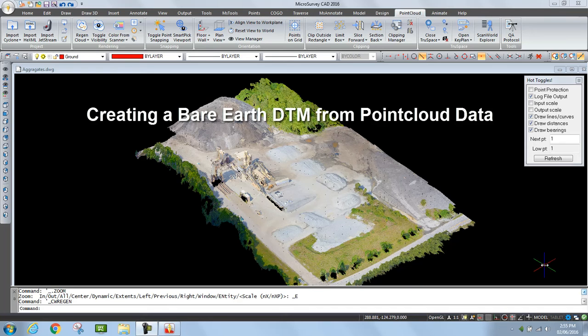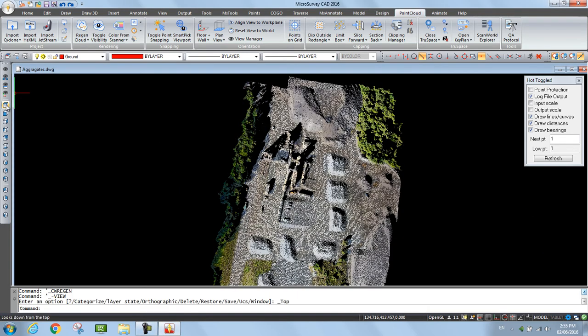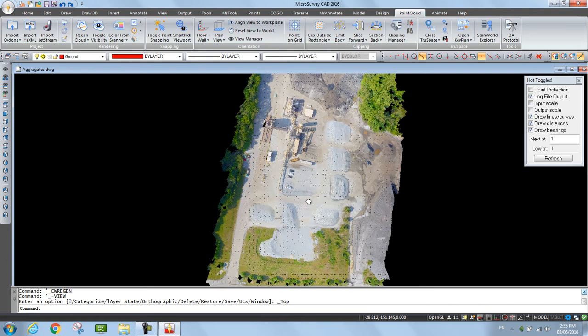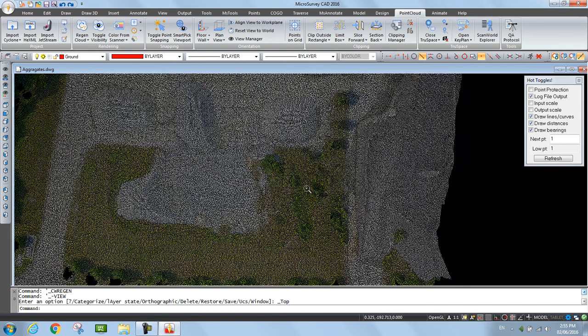I have a nice data set here that came from a UAV that'll allow me to demonstrate how to create a bare earth digital terrain model. Switch back to top-down view. What I'd like to do is focus in on this part of the point cloud, because what you'll see is